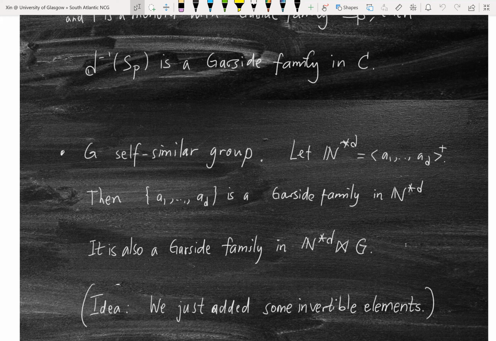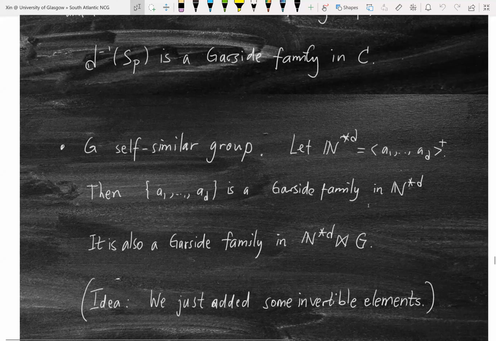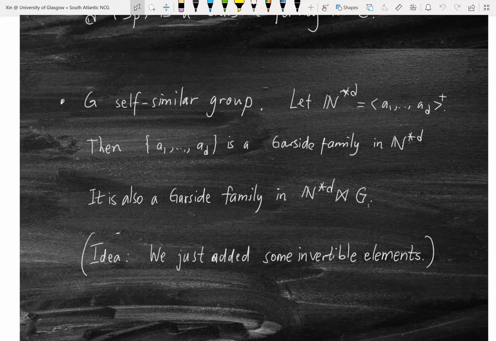Of course, you're using that the way you add invertible elements is in a controlled way because of this Zappa-Szép product. And because of that, you can make this general observation. So this explains why self-similar groups, the Zappa-Szép products attached to them, are also Garside categories, in this case, Garside monoids. Okay, very good. So this explains why the examples I showed all fall into this